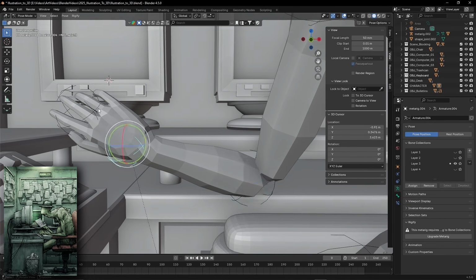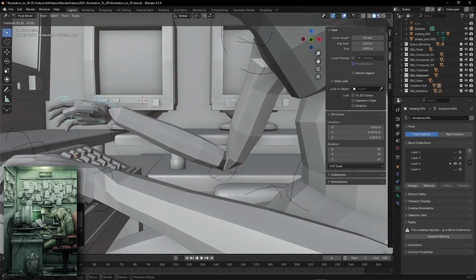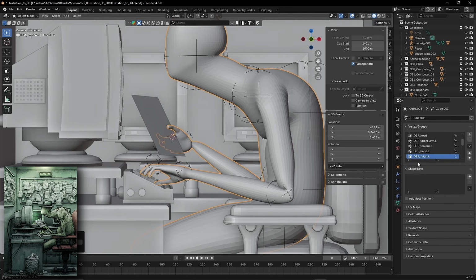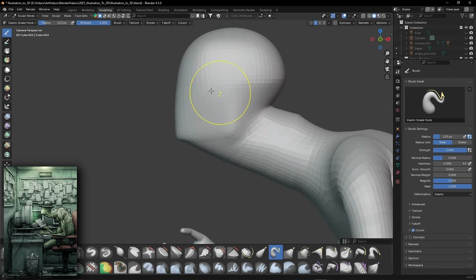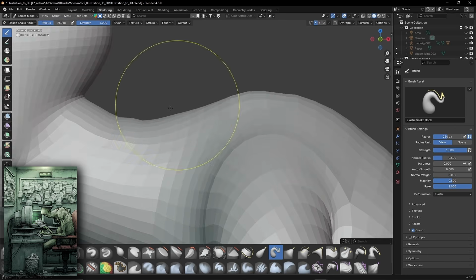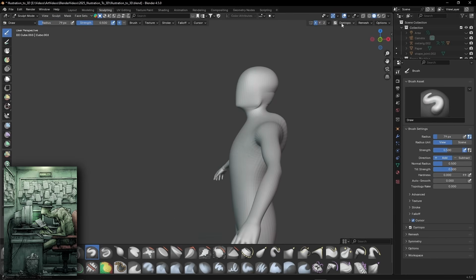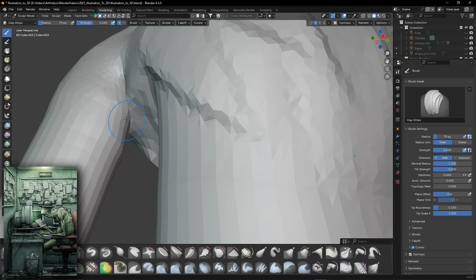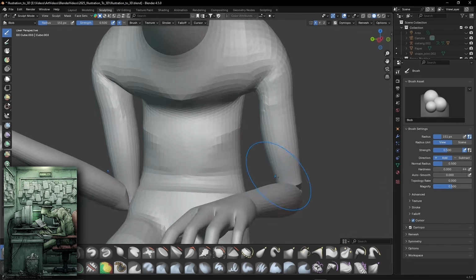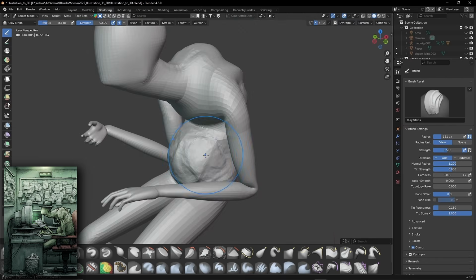Now the first step is I'm just going to tweak that pose we gave him earlier, get his hands into the right position, and finalize everything. And once that's done, I can just apply and delete the armature and get into the sculpting. Now it's not going to be anything too fancy for this guy today. I'm mostly going to focus just on his silhouette and make sure that I capture that awful posture from the original drawing. So I stretch out his back a bit, then I go in and beef up his stomach,